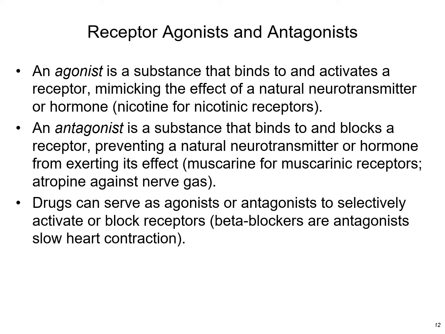For example, let's take a look at an agonist. And later on, we'll come back to it. One effect of our parasympathetic division is to narrow the pupil diameter. When you go to an eye exam and the optometrist wants to check out your retina, sometimes eye drops are administered onto the eye that will dilate the pupil. So that